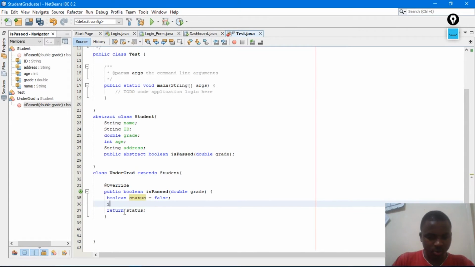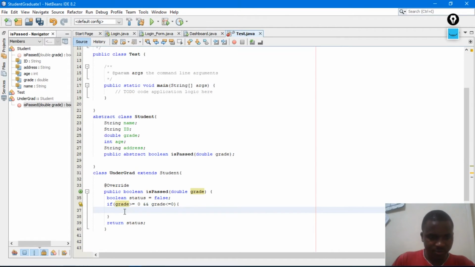Okay, so what am I going to do? I'm going to say if grade is greater than or equal to 0 and grade is less than or equal to 100.